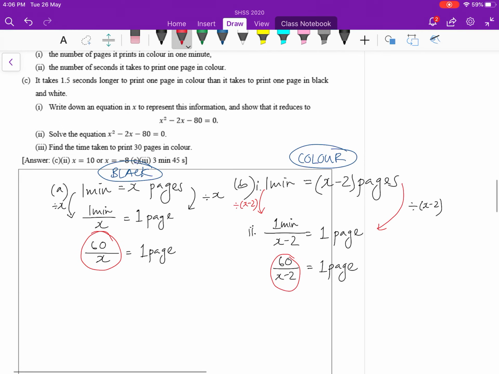Now, part C says it takes 1.5 seconds longer to print 1 page in color than to print 1 page in black and white. So it takes 1.5 seconds longer to print color. So this one, your brain must work. Then it says, write down an equation in X to represent this information and show that it reduces to this. No problem. Let's work on this piece of information first. It takes 1.5 seconds longer to print one page in color, which means color minus black and white